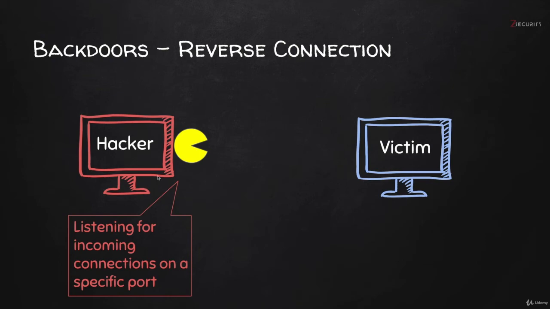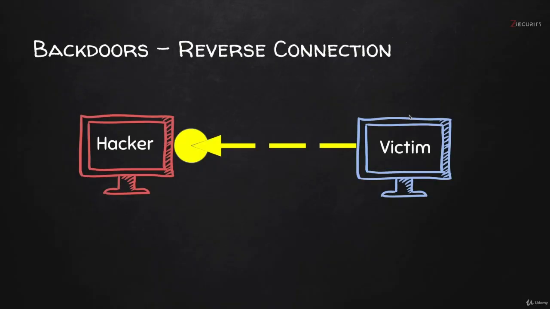Then we're going to execute the backdoor on the victim computer, and the backdoor is going to connect back from the victim computer to the hacker. This connection is very similar to any other connection that the victim does every day. Similar to when a person opens a website, they connect to the website when they open a website. Therefore, most firewalls will not trigger this as something that is suspicious,